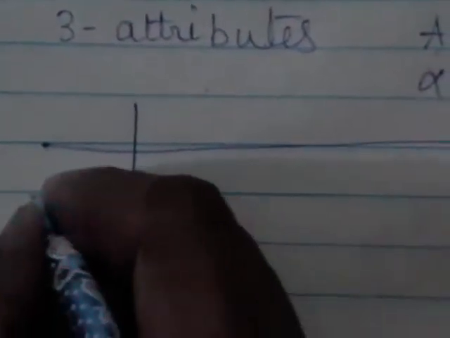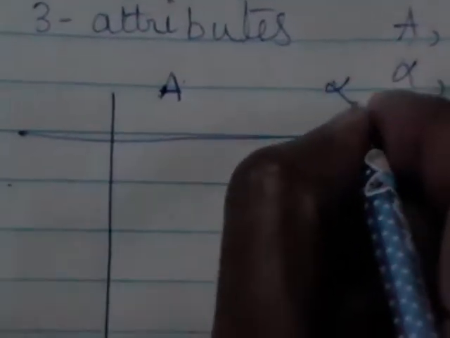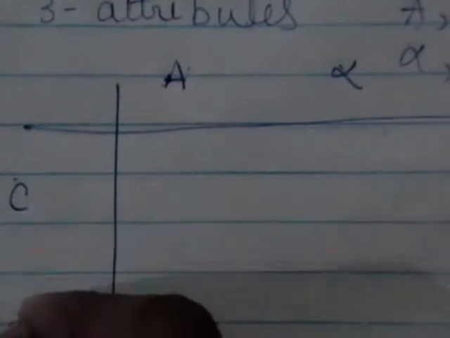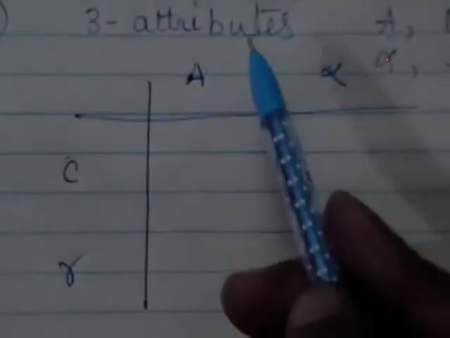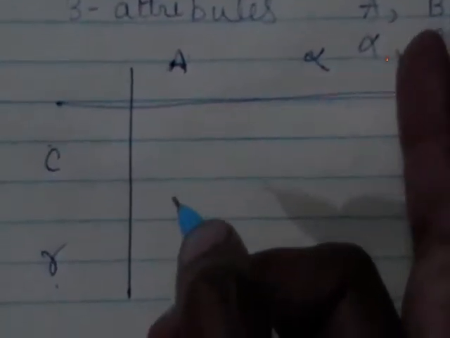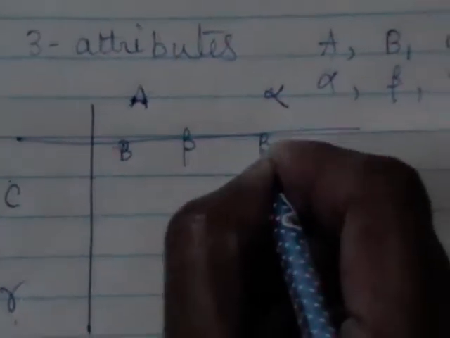Whenever we have 3 attributes, how do we represent that in a table? First, on the top you write A and its negative class, alpha. Here you write C, gamma. Likewise, for 2 attributes you wouldn't get simply out of A, B, C. The other attribute missing is B, so you write here B, beta, and here also B, beta.